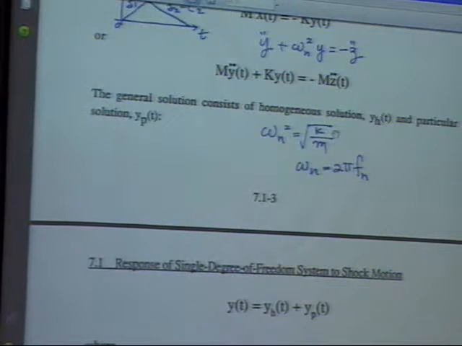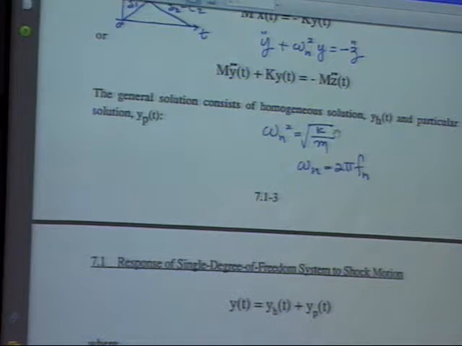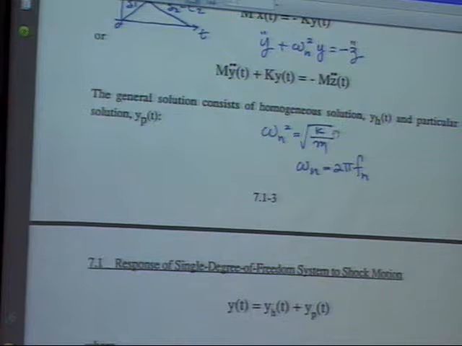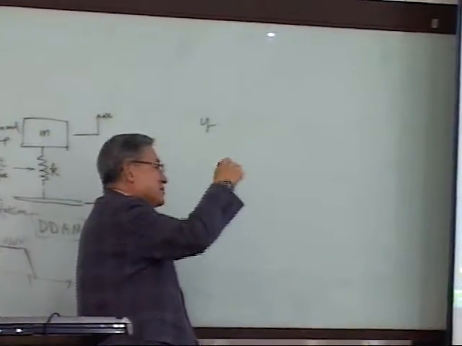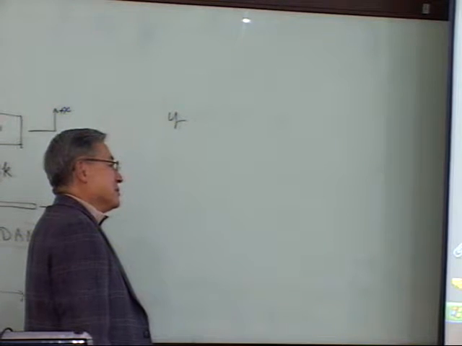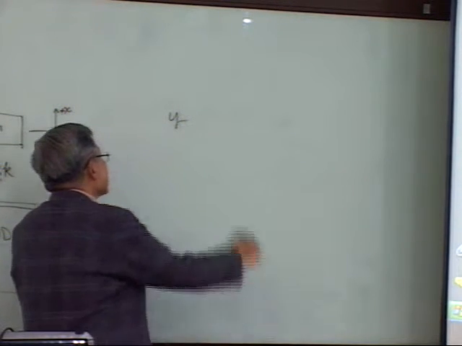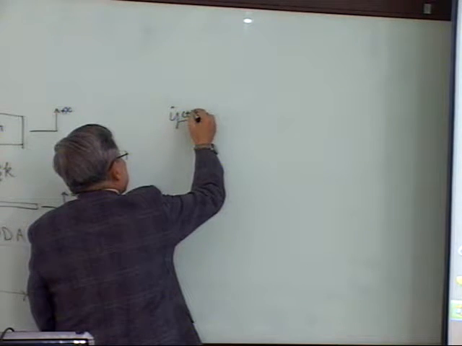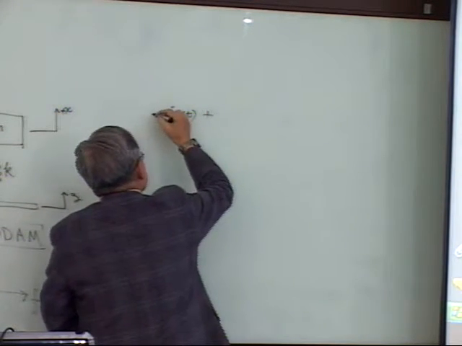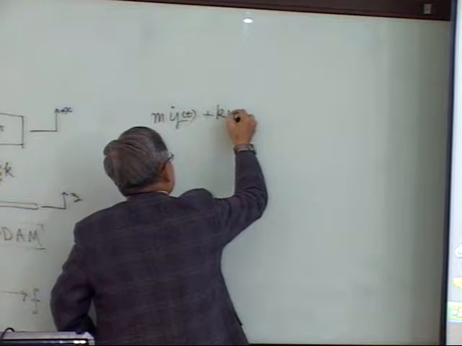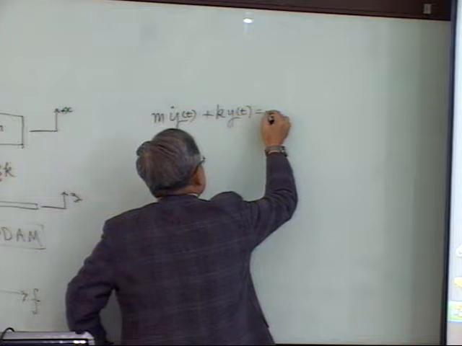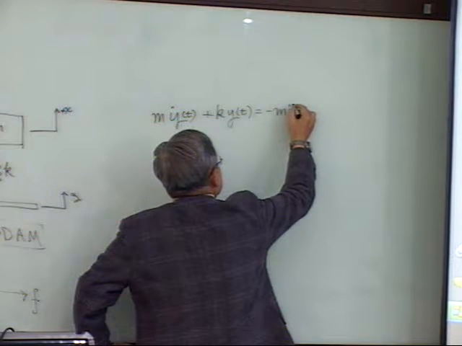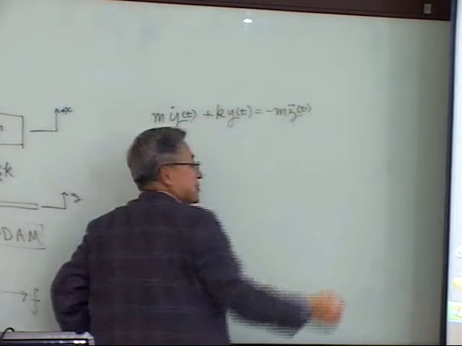Okay. So I wrote this a few times. Then you could remember. I wrote it a second time, put it again. Third time, put it again. So I got fed up and stopped. I'm not going to bother to write it again. Then you remember. So y double dot, time domain function, plus, this is m, k, y. This is minus m, z double dot. Of course, this is a time domain function,